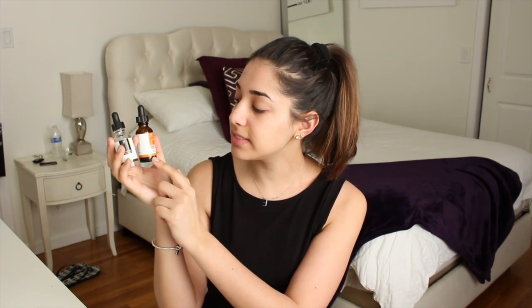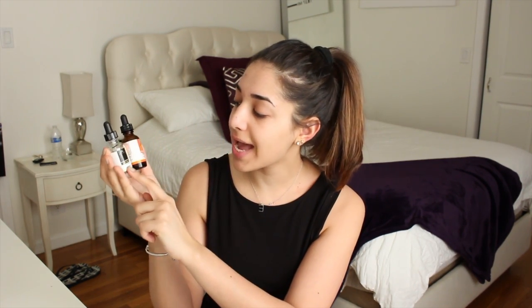I don't think you can get them in a store, whereas everything else that I'm talking about you can pick up in a store. So the 2 serums that I use by them are the vitamin serum and the hyaluronic acid serum. So I like to use the vitamin serum in the morning time just to kind of put a little bit more vitamin and plumpness back into my skin, and I like to use the hyaluronic acid serum